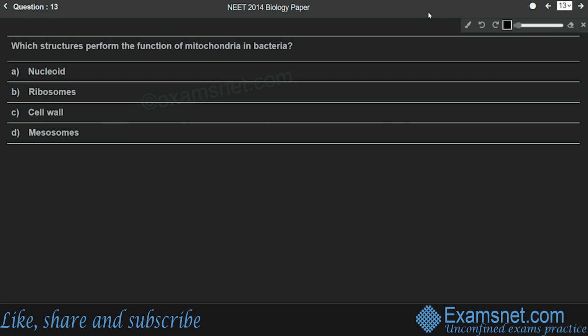Question number 13 is from the chapter Cell, and the question is which structures perform the function of mitochondria in bacteria? Options are nucleoid, ribosomes, cell wall and mesosomes. So we know that bacteria are examples of prokaryotes, that means they lack mitochondria and other organelles, right? So the main function of mitochondria, that is respiration, is performed with the help of mesosomes. Other than respiration, the mesosomes also help in the secretion process,